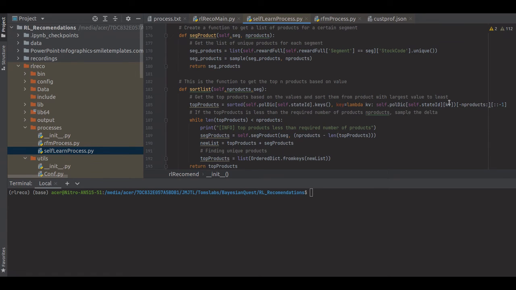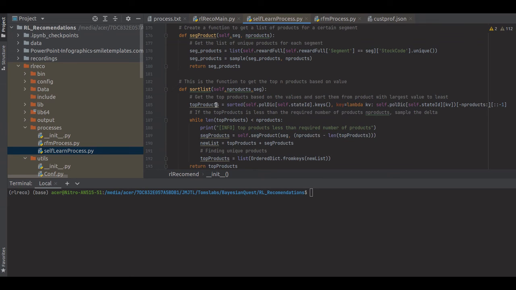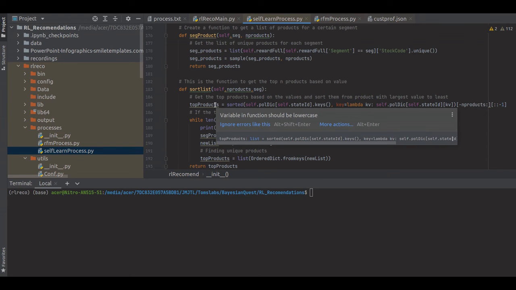We need the top n products, or top 10 products we want. So that's this line. Now if this top products is less than the number of products which we want, because we want to recommend say 10 products, and the top products for that particular state has only 5 of them, just because for that specific state ID many products have not been bought yet,